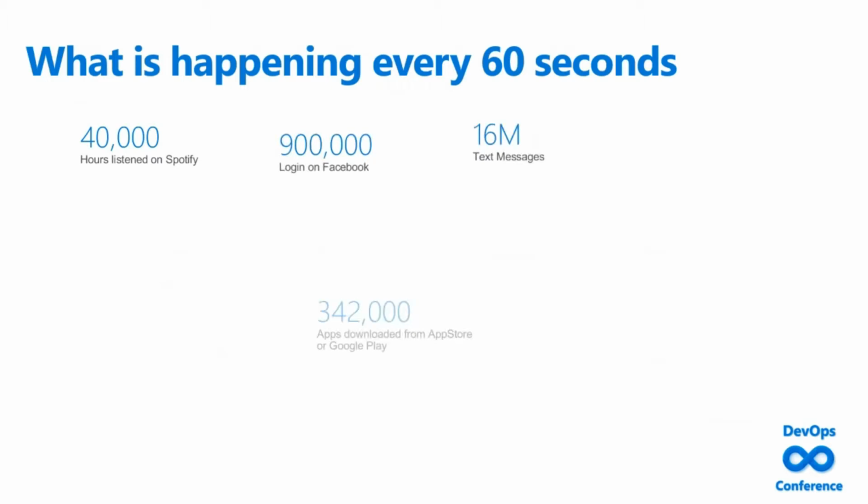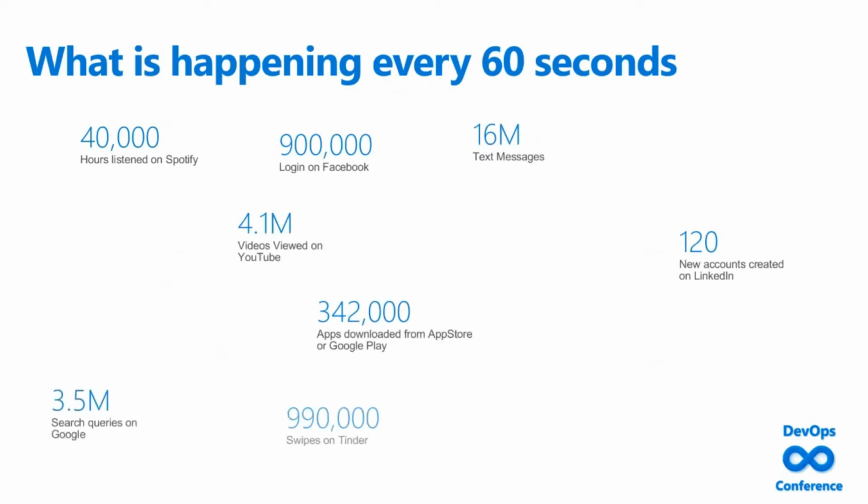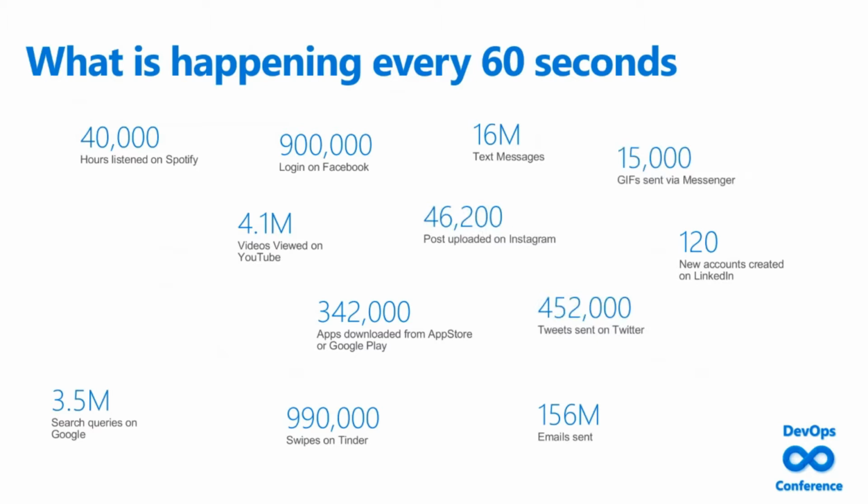So these are some examples of what is happening every 60 seconds on the internet, or at least before Facebook, Instagram, and WhatsApp went down. You might say, well, why should I be interested in 46,000 Instagram posts or 452,000 Twitter posts? Well, the people here that are part of the business unit might be familiar with that. All these posts, tweets, and even swipes on Tinder are giving us information about users that you can use to